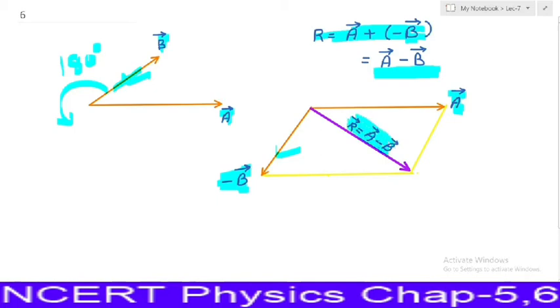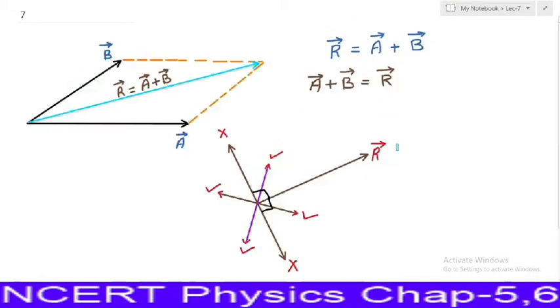So up to now we have learned how to write a vector, how to add or subtract two or more vectors. Now next we learn components of a vector. In previous case we said these are two vectors a and b and this r is the resultant of these two vectors. It means if we add vector a and vector b, then we will get vector r.